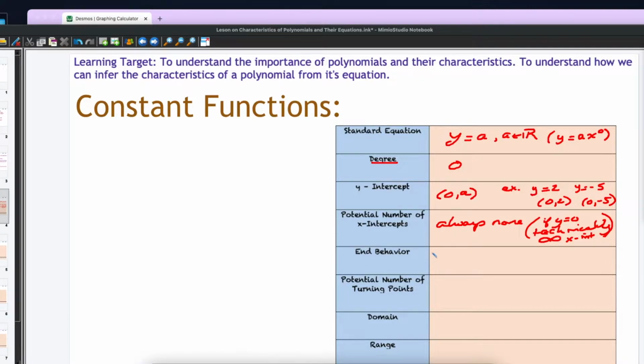So if we think about the function again, we're saying y equals a. If a is greater than 0, that end behavior is going to be Q2 to Q1. And if a is less than 0, we are going to say that it is Q3